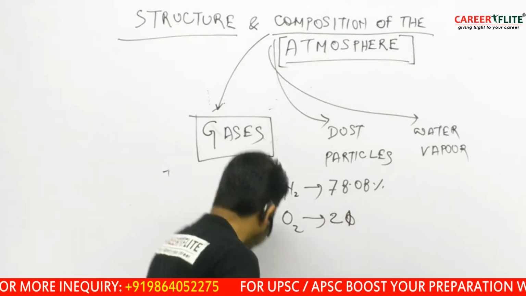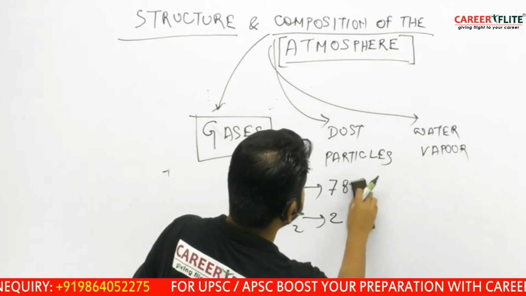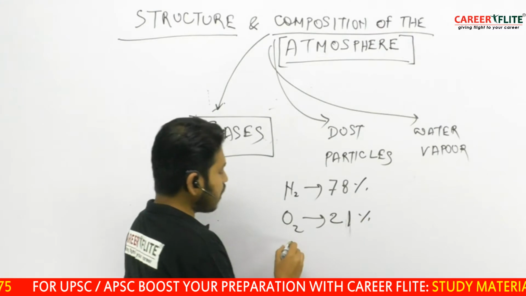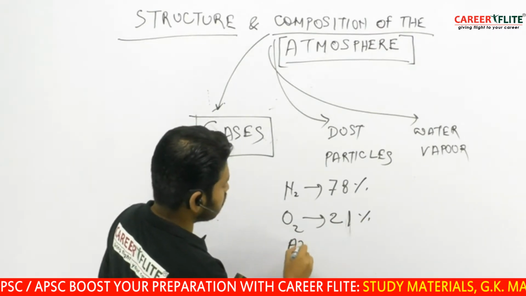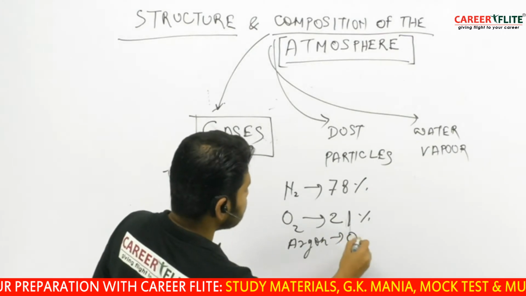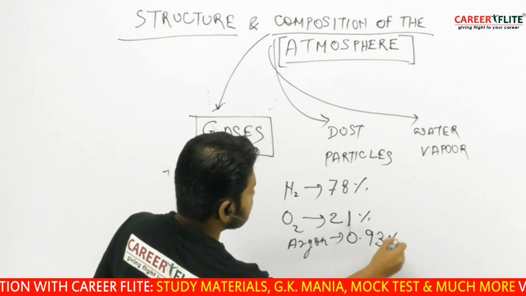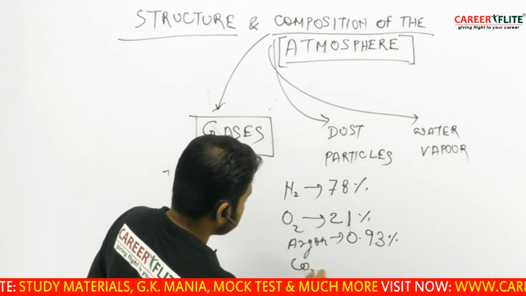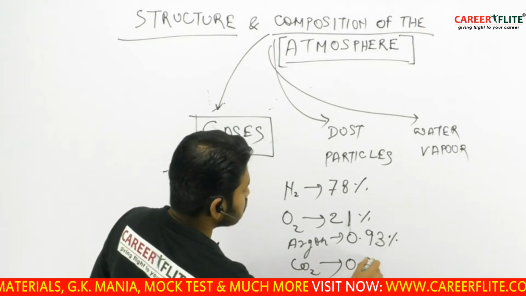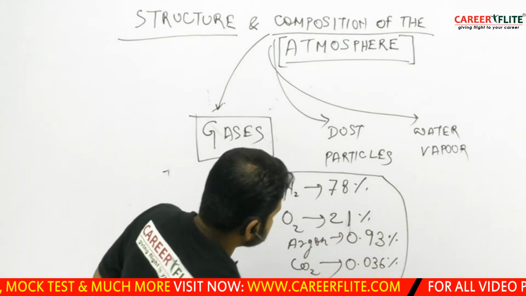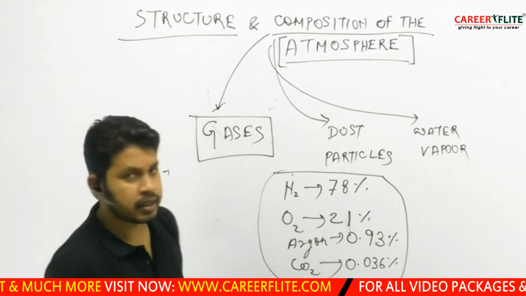You can say 78% nitrogen, 21% oxygen. The third most abundant gas is argon, 0.93 percent. And the fourth most abundant gas is carbon dioxide, 0.036 percent. So these are the composition of the air,